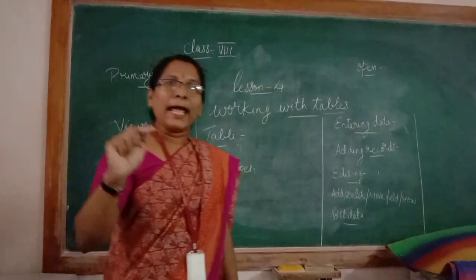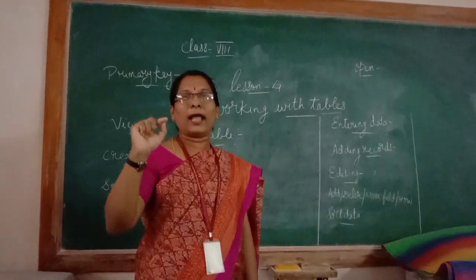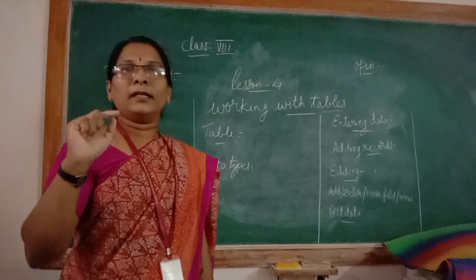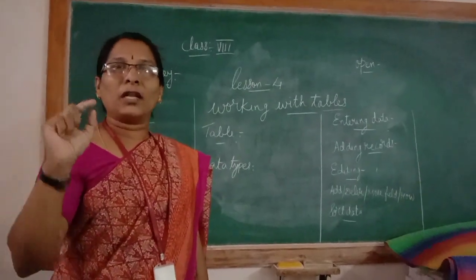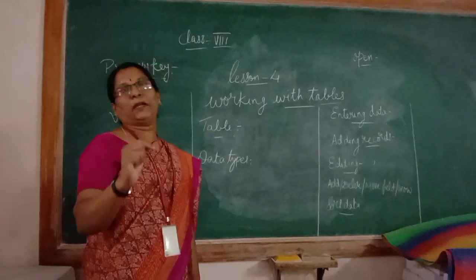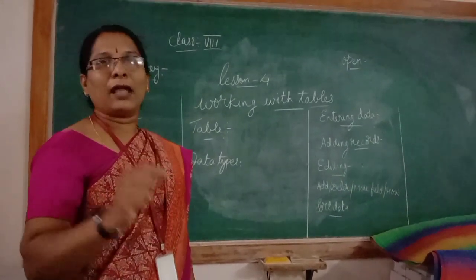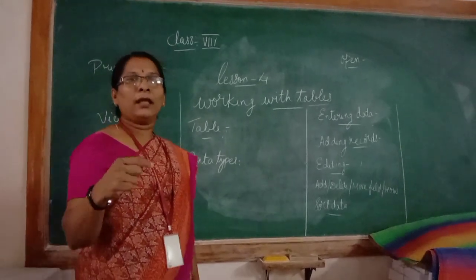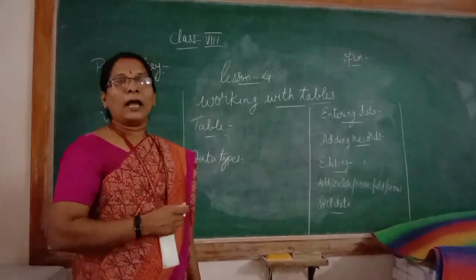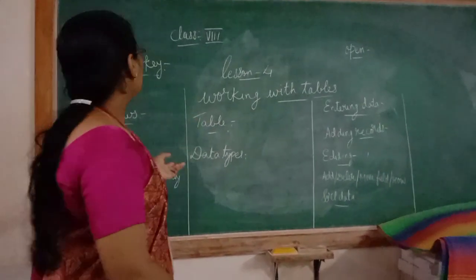You have data typed in that, and for the data you type in a field there is a title, which is called the field name, and the field name should be appropriate. The name given to the title should be an appropriate name. I will explain this using an example. Before that, I will tell you what is going to be discussed in this class.